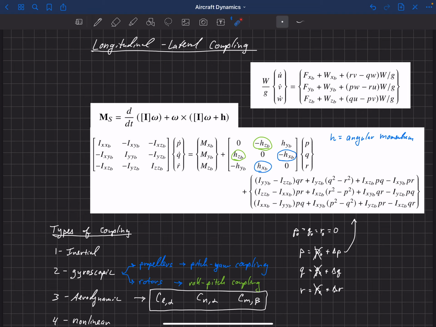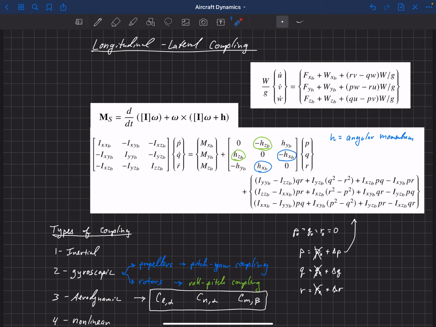Well, Q times R, when we linearize this, just turned out to be delta Q times delta R. So these are deviations from our equilibrium state that are really small. And so we said any time we had something small times something else small, we were just going to drop that term. And so we dropped actually everything in these parentheses over here,